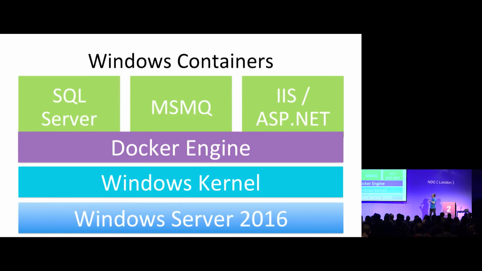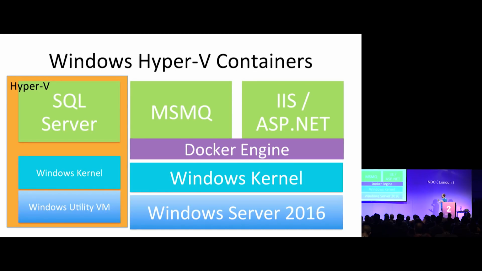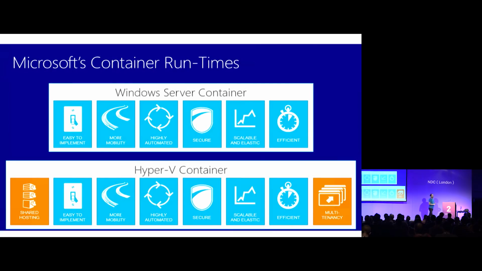But when we launch these containers on Windows, they look and feel very similar to Linux. So we've got our server, an operating system, we've got Windows, we've got Docker, and then we can run things like SQL Server or IIS from the Windows build, from the Windows packages, directly as a container. When we look at Hyper-V, as I said, the difference is that the kernel is separate, it's isolated based on this super small Windows utility VM. And we can see where this is beneficial